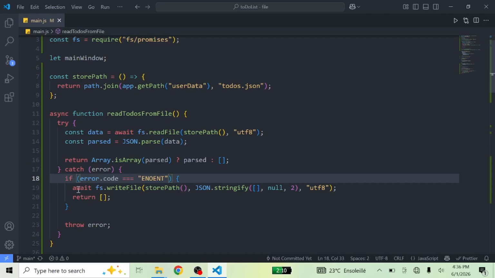Then inside we just write await fs.writeFile. We want to write the file. Then we call the function which will give us the path